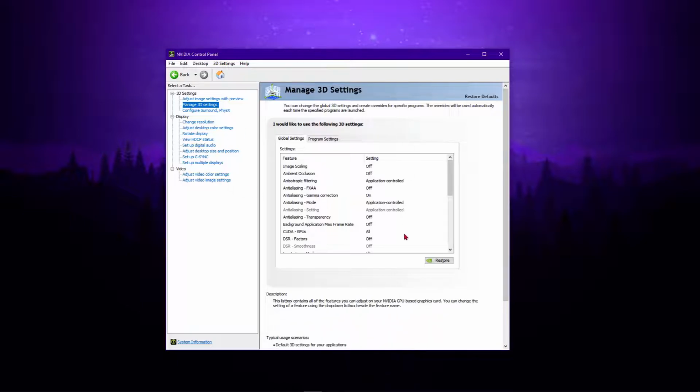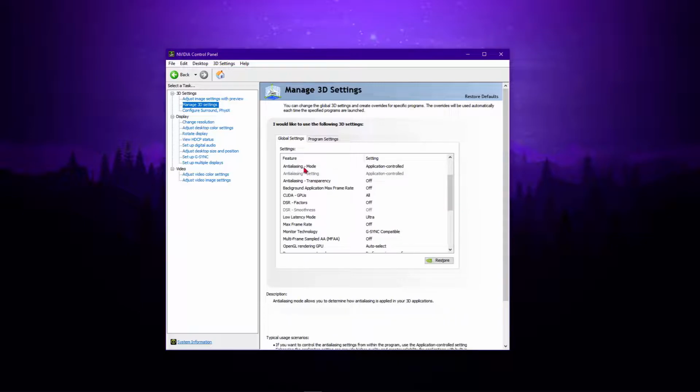So going from the top down, image scaling I have off, ambient occlusion I have off, anisotropic filtering I have application controlled, anti-aliasing FXAA I have off, anti-aliasing gamma correction I have on. You can turn this off if you want. This doesn't really seem to make a difference to me, but going down a little bit more, anti-aliasing mode, app controlled, anti-aliasing settings. This is going to be grayed out unless you choose something up here. Anti-aliasing transparency off, background application max frame rate off, CUDA GPUs all, DSR factors off, DSR smoothness grayed out off,